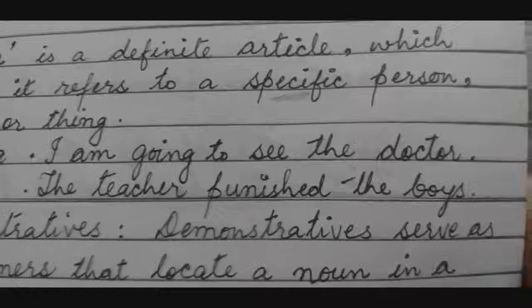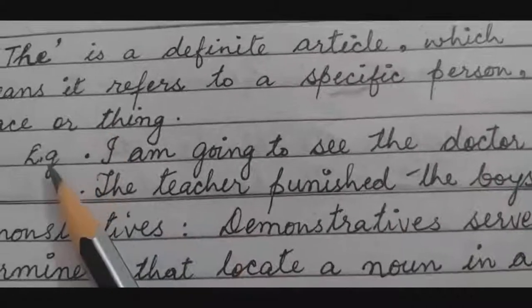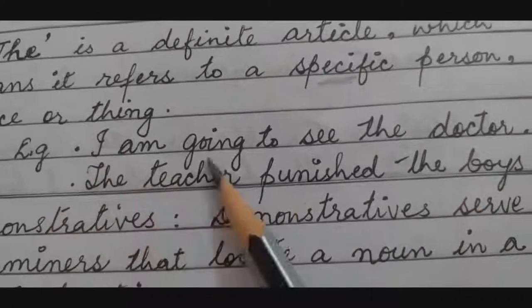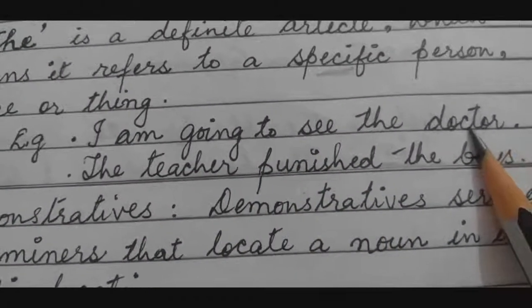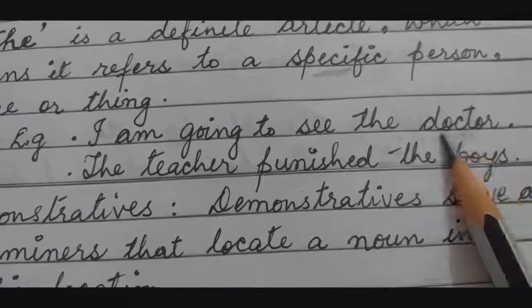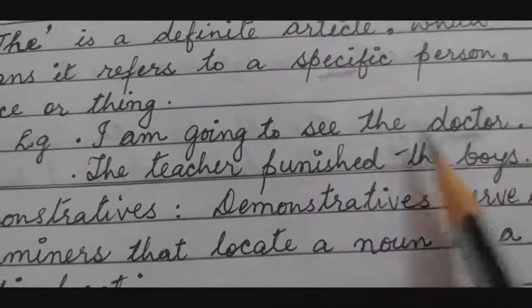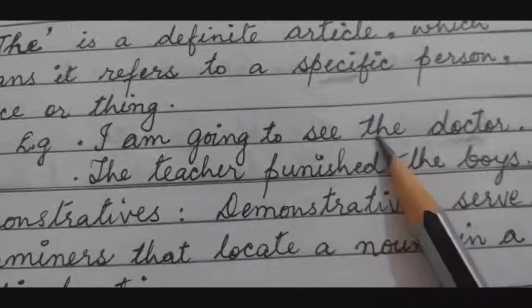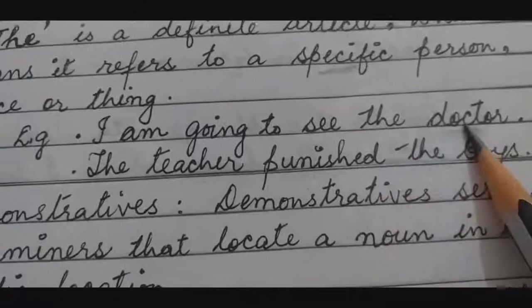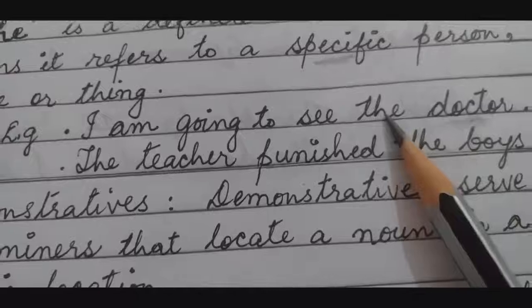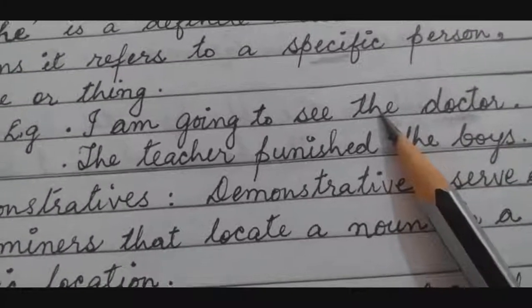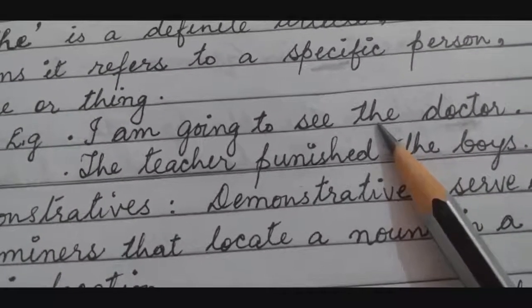Now see, example number 1: I am going to see the doctor. Here, the word doctor comes, but I am using the. Why am I using the? Doctor can be any doctor; there are so many doctors in the world. Yet I am using the because when I am ill, I will go to a particular doctor and not